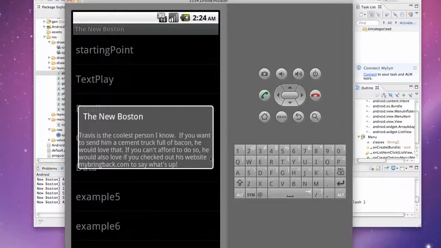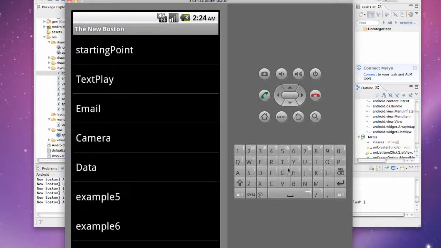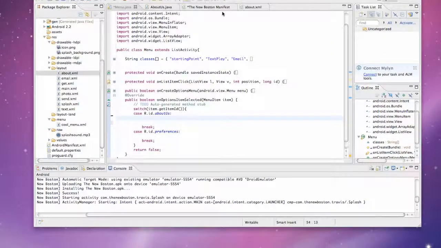It just makes a transparent background and displays this thing that says Travis is the coolest person I know. If you want to send him a cement truck full of bacon, he would love that. If you can afford to do so, he'd also love it if you checked out his website, mybringback.com, to say what's up. And I didn't write that. That just came with the SDK. Android knows me pretty well. But yeah, that's what a theme is. Basically it gives you a transparent background, makes your application look a little bit sexier, and that's for a text activity